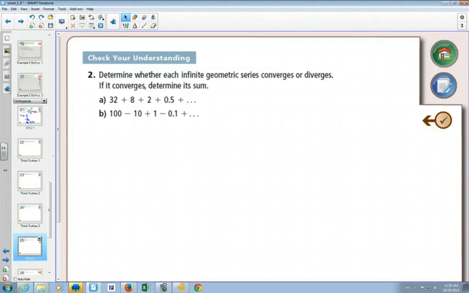So here we're going to determine whether each infinite geometric series converges or diverges. And then if it does converge, we're going to determine its sum. So again, it comes down to that R value. For A,